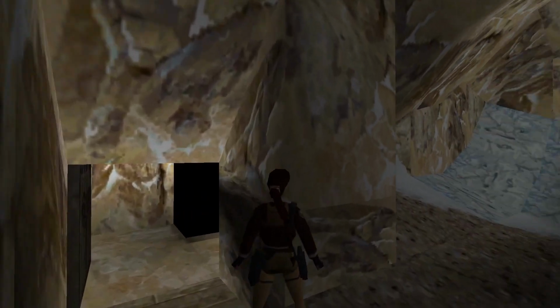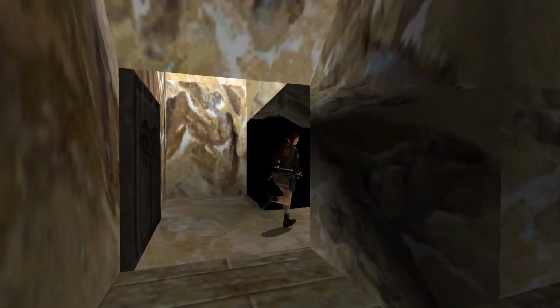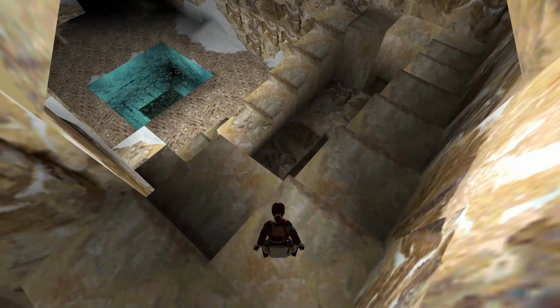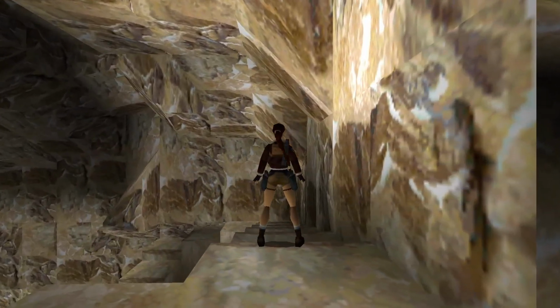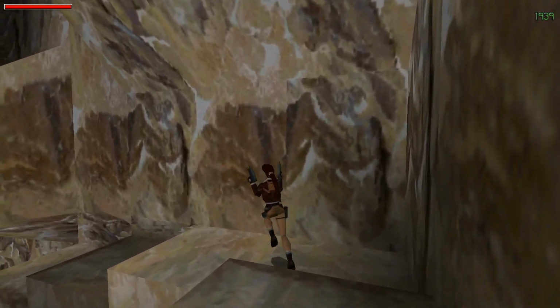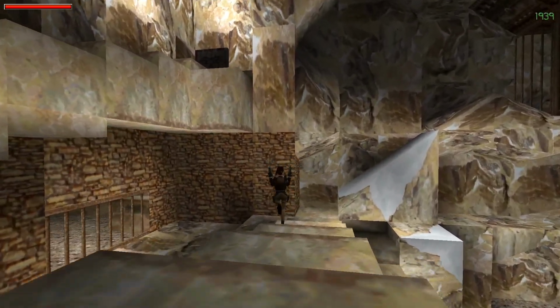You don't have to do anything with the stairs. You can just go on the side. It's preferred. I love this sound. It's so pretty. Okay, so down here. And we are going to go...